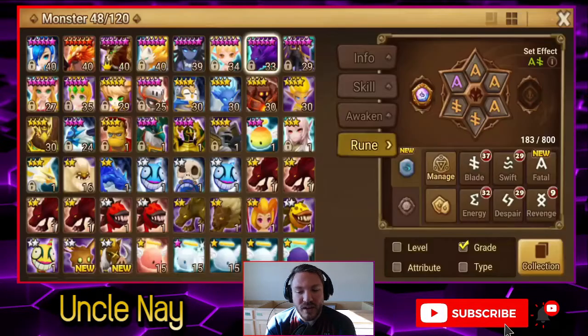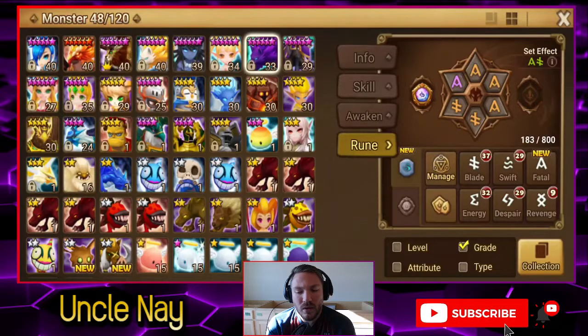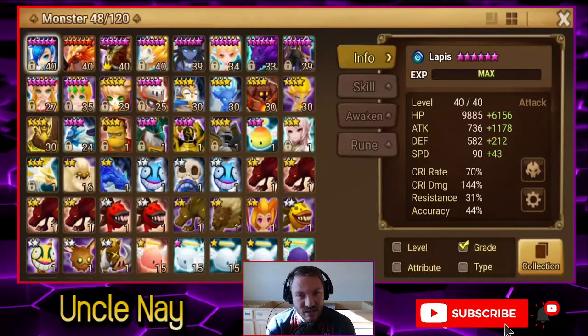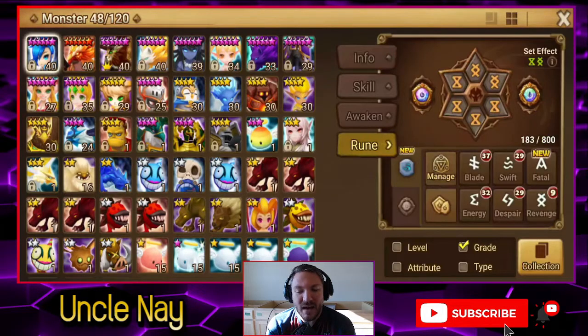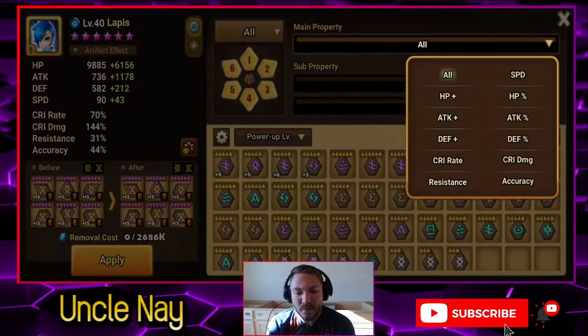We went over slot 1, slot 3, slot 5. So now, let's talk about slot 2, 4, and 6. Right? The main rune slots that most people focus on. Okay? This is where we go into percentages. We love percentages. All right? So crit rate